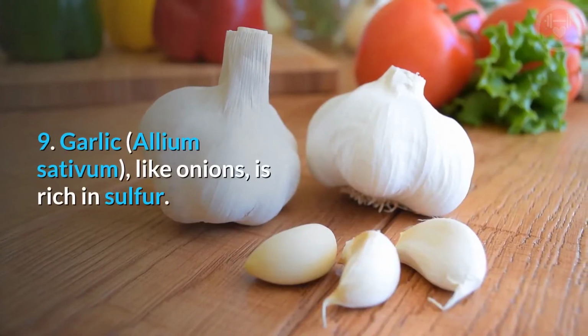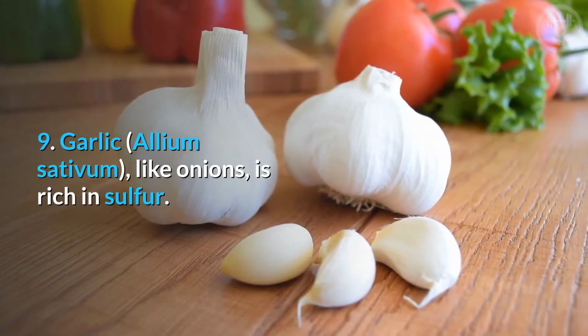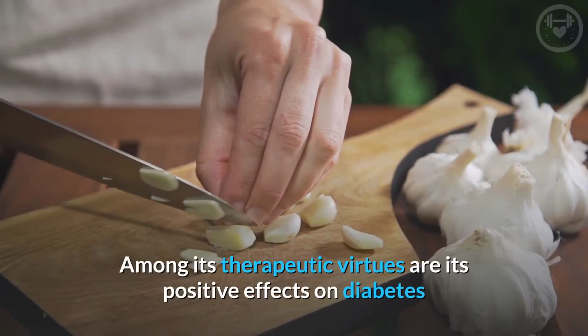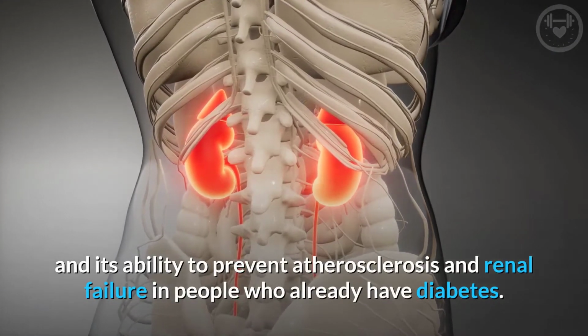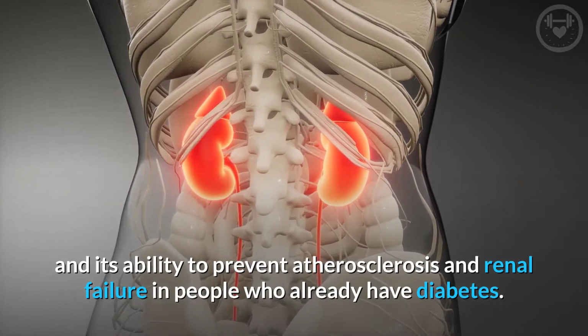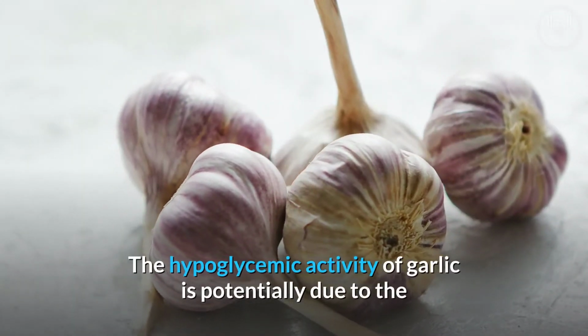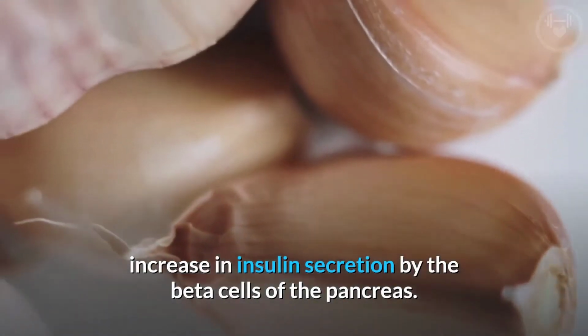9. Garlic, Allium sativum, like onions, is rich in sulfur. Among its therapeutic virtues are its positive effects on diabetes and its ability to prevent atherosclerosis and renal failure in people who already have diabetes. The hypoglycemic activity of garlic is potentially due to the increase in insulin secretion by the beta cells of the